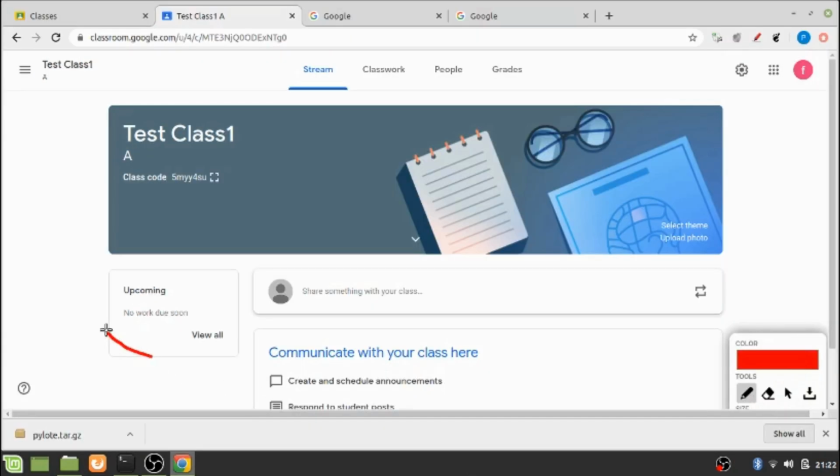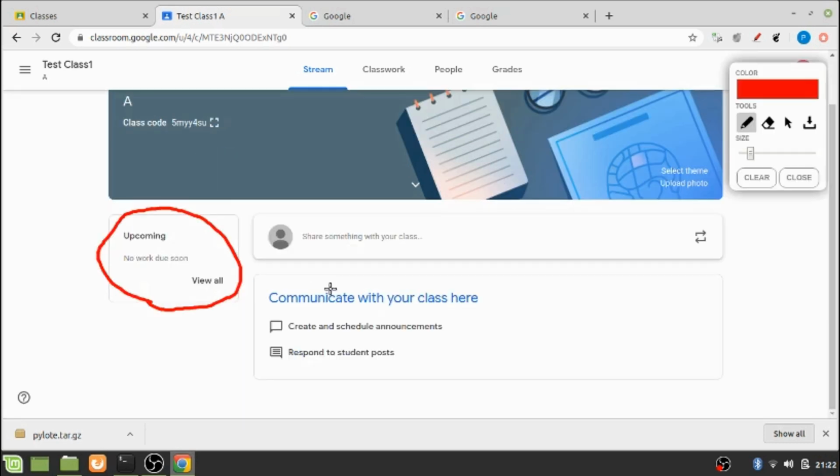So here in this portion you can see a tab called upcoming. So it is just for the information, the latest informations that will appear in this portion. The teachers as well as the students will see any latest advancements or announcements about anything in this portion. The latest comments will appear at the topmost position.